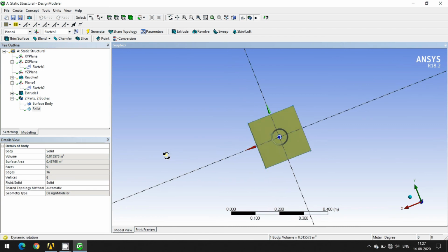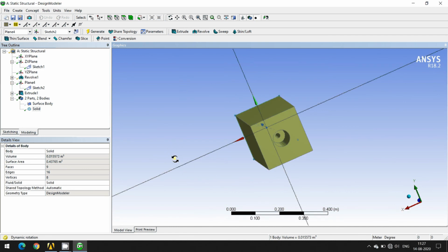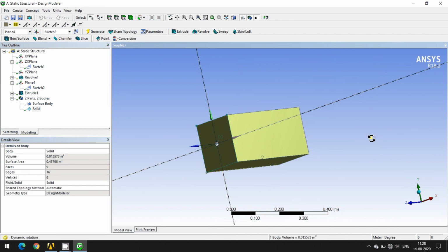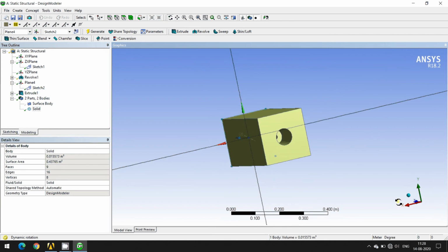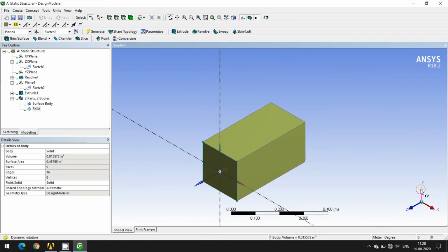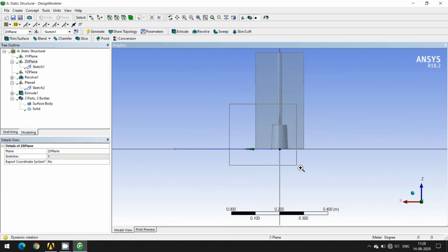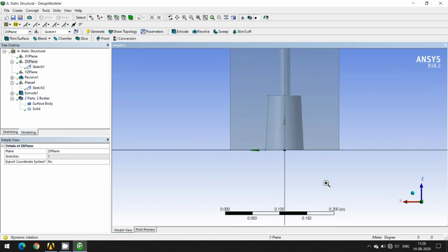The opening is provided for the cables. We have an opening to accommodate the anchorage plate, as well as an opening over here to accommodate the reinforcement bars. Okay, fine. Now we are going back in the XZ plane so that we can draw the anchorage plate. So in the XZ plane, this is my XZ plane.